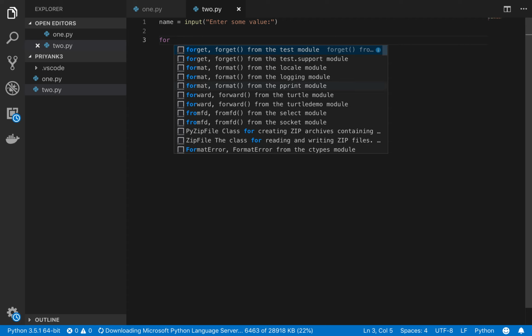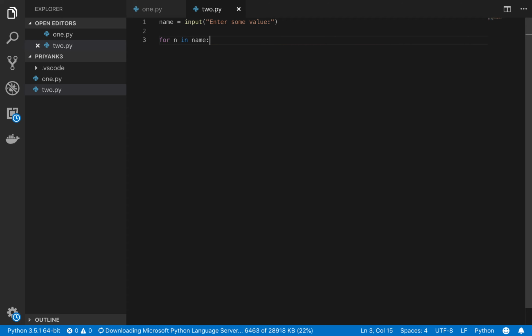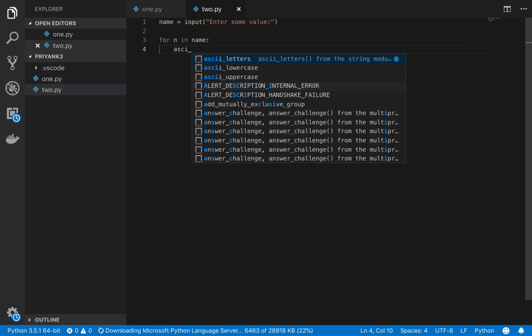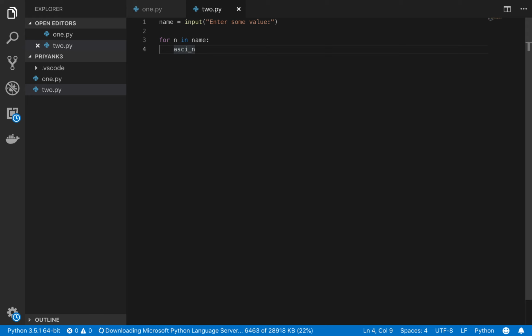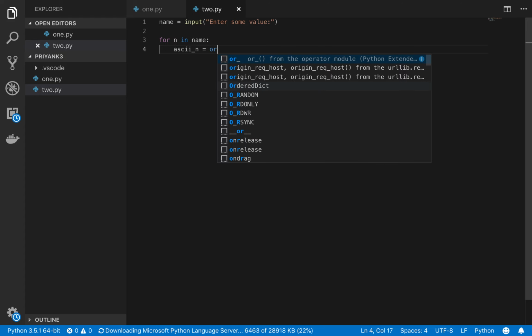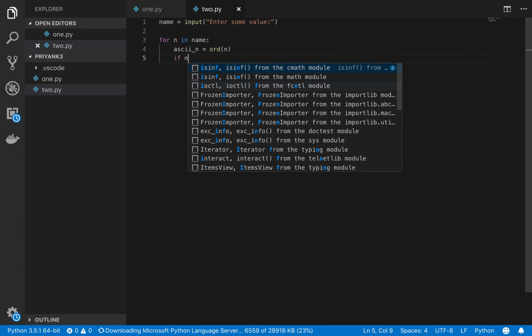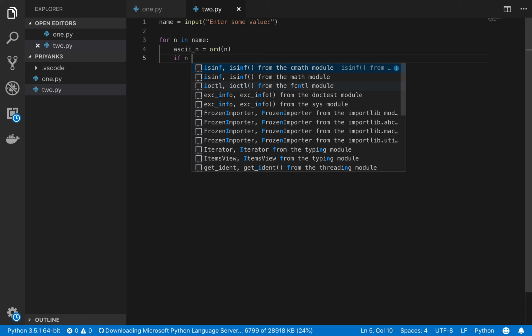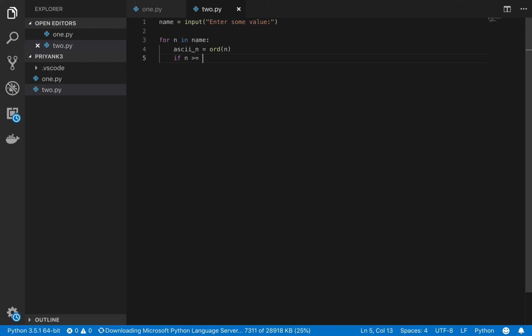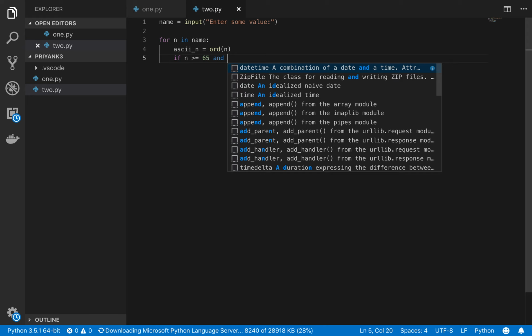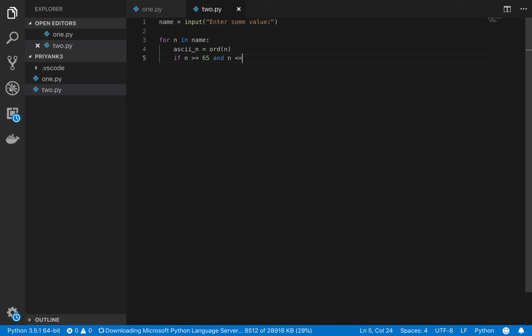Let's suppose for n in name, we're going to get the ASCII value, ord(n). So if n is greater than or equal to 65 and n is less than or equal to 90,